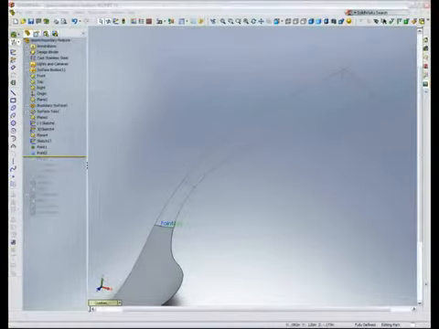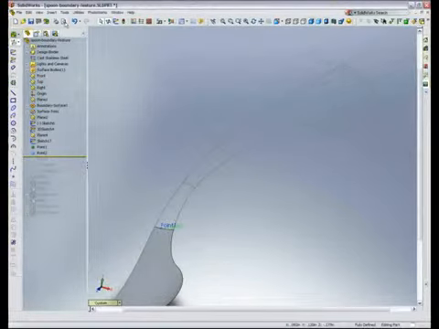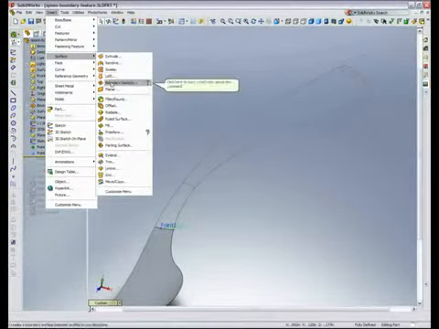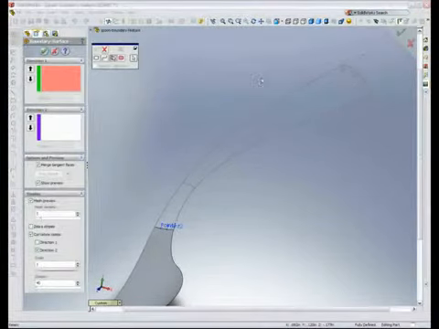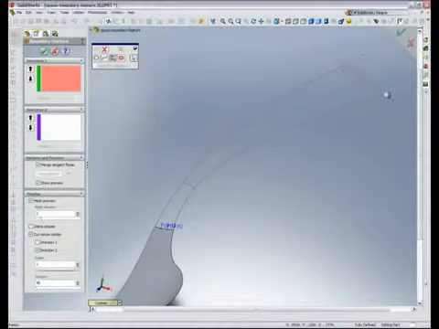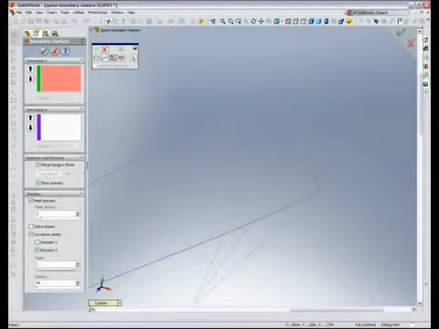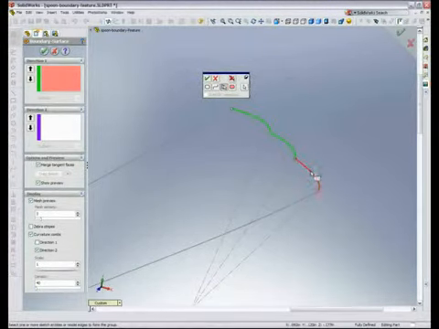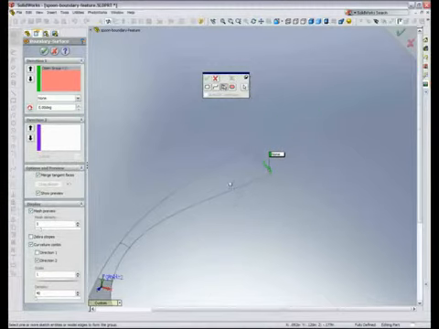Let's go ahead and create our second boundary surface. And using my selection manager, I'm going to create my first directional curve group. You can see I can pick elements here and then make